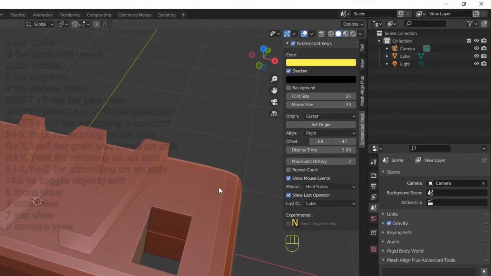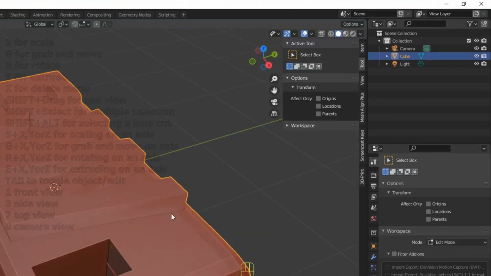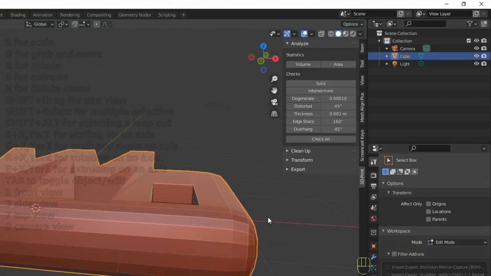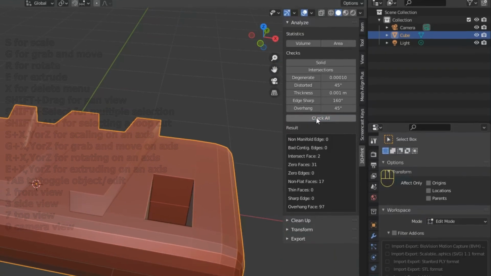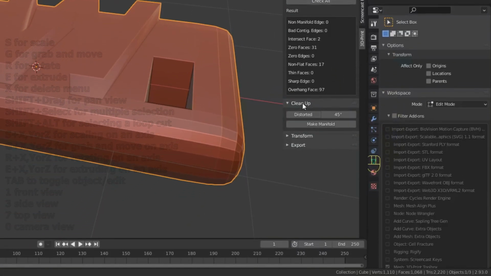And we're going to use N to bring up the menu. And because we've added the 3D Print Toolbox, we select our object first. That will bring up the 3D Print menu. Now check all. You can go into more detail with this, but this is more than enough. And that's a good set of numbers. We clean up, make it manifold, which fixes a few little things and makes it so that it works